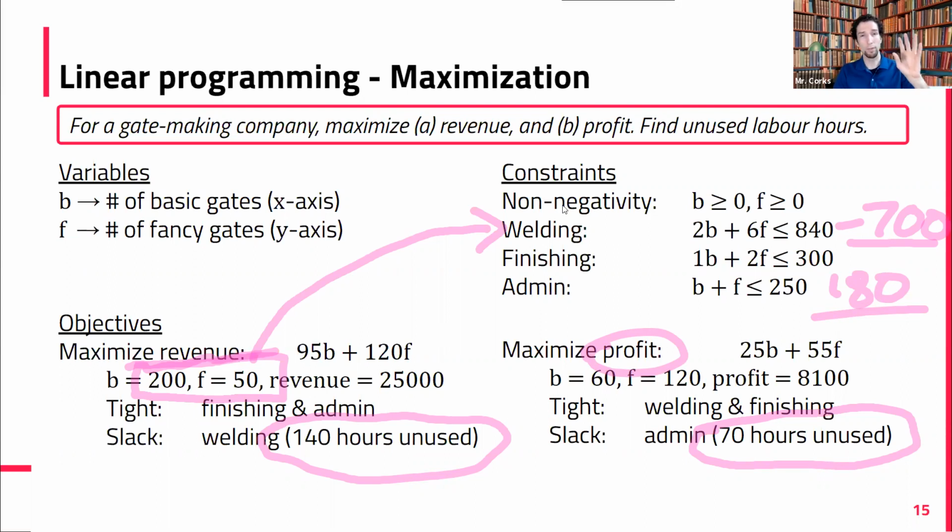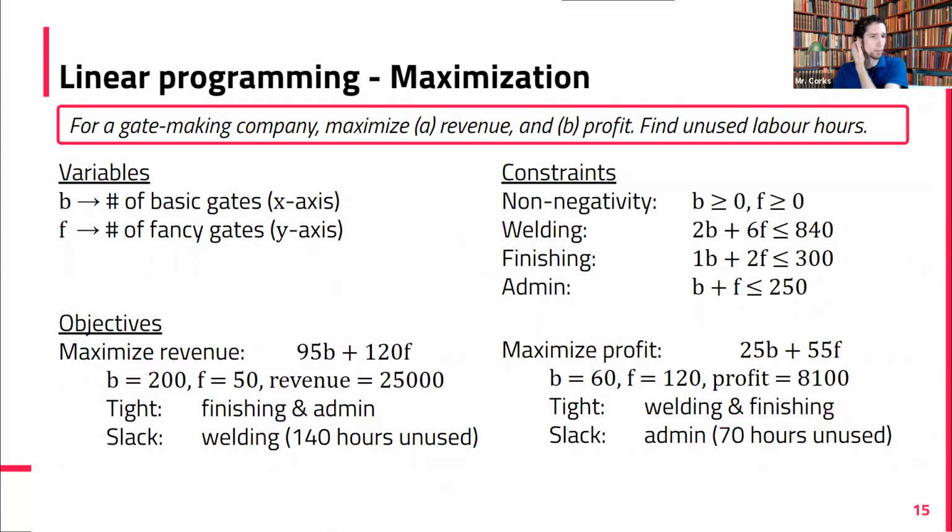So we can see from the graph exactly which ones are tight or slack, whether a constraint is tight or slack. And then we just take that corner, those values for the corner, and substitute them into the slack constraints. And we can figure out exactly how much is needed and therefore how much is extra. So that was the last kind of extra thing that we did with these problems last time.